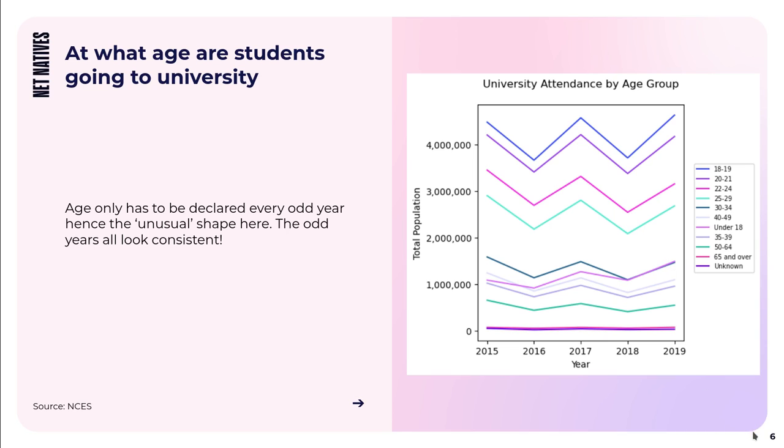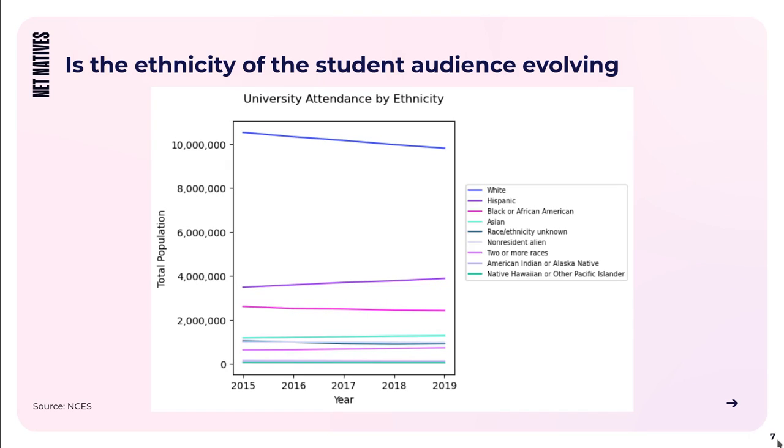So this is something very worth considering when trying to design new programs and courses for which age group could possibly attend. Now, the ethnicity of the students that are attending is also shifting. There's been a significant growth in the Hispanic population attending university, especially when you consider that there's a general decrease. This growth is quite considerable as a percentage change of the total. And the percentage change, again, of white students attending university is also dropping off quite significantly. So again, this is worth bearing in mind when you're trying to select your audience for your advertising and your